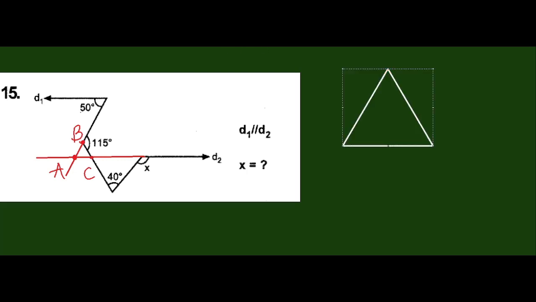And we'll say that this angle will be 50 degrees. Again, from the alternate angles, it will be 50 degrees. If this is 50 degrees, this angle will also be 50 degrees. I forgot A, B, C. And if this is 115 degrees, this angle will be equal to 65 degrees,